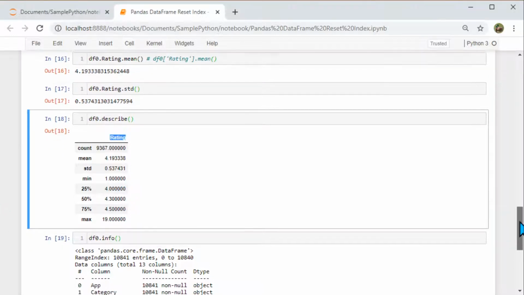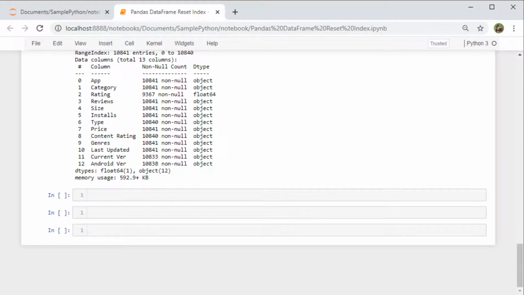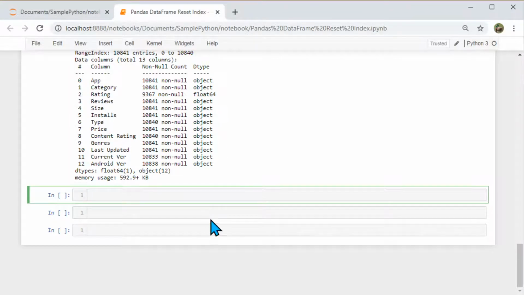So now we know that rating is the numerical column. So what else can we do on a numerical column? If you want to select, like in SQL, we can say select employee where salary greater than so-and-so. Very similar to that, in a data frame we can say rating greater than 4.9.